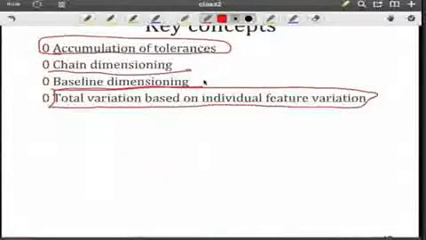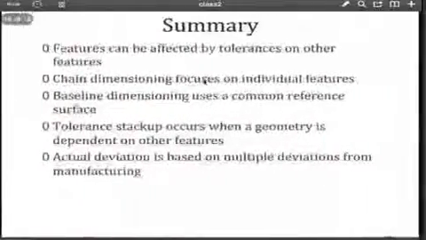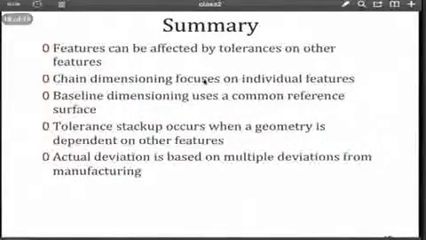What you're worried about is, as I create variation in the product due to these deviations in individual part features, they are going to contribute to the overall variation. And as we accumulate these, if I have a lot of different parts that are put together and a lot of different part features, then I can have a very significant variation in our final product. So in summary here,